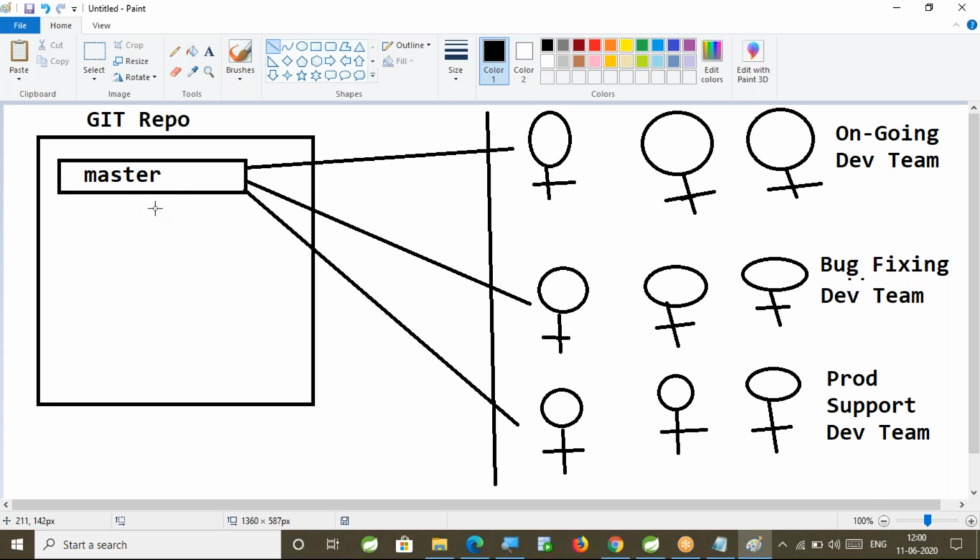But is only the production-fixed modified code available, or is ongoing development code also available? Ongoing development code is also available in the same branch. That ongoing code should go to production only after 6 months. In December we have a delivery. For the December delivery we started the development.